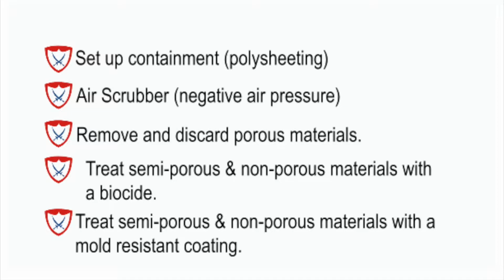Now, the right way to take care of a mold problem would be to set up containment in the basement. We bring in an air scrubber, which is a negative air machine, and we set up negative air pressure so that we're not exchanging air with the rest of the living space while we're working. Once we've achieved negative air pressure, we would then remove all of the porous materials that we saw. The drywall, trim, insulation, the paneling would come out, and we would cut those items up off the floor and bag them, tie the bags, and dispose of them. Then we would treat all of your semi-porous and non-porous surfaces, so your concrete, your framing. Those items would get treated with the biocide and then scrubbed down, and lastly they're coated with an